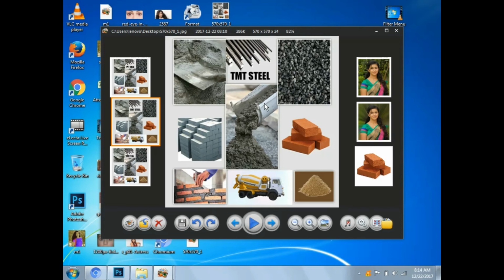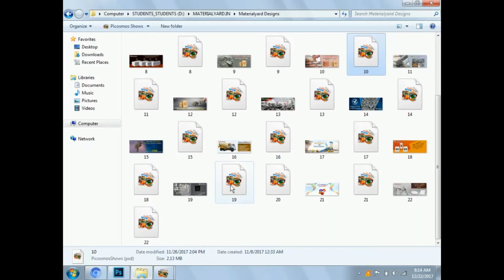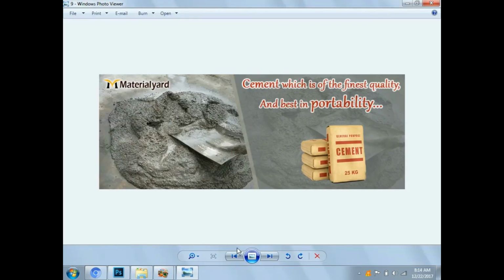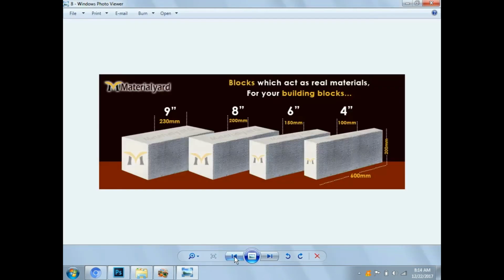And see our material logo stamping here, here, here, here. Here, if you see, the material ad. How did it come? Okay, but it is slanted. How? Distort concept. Good.